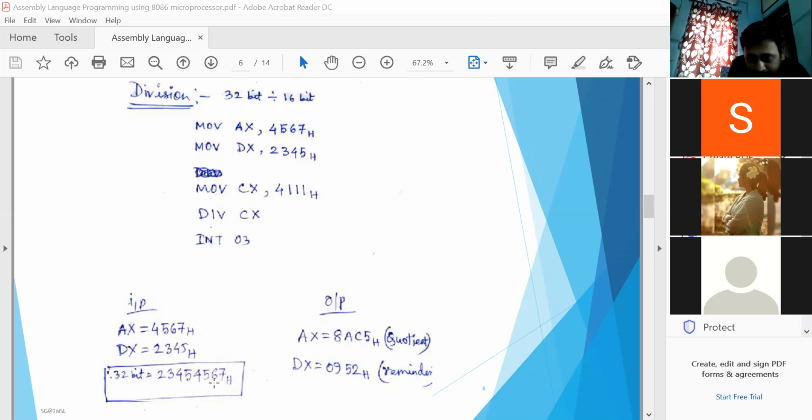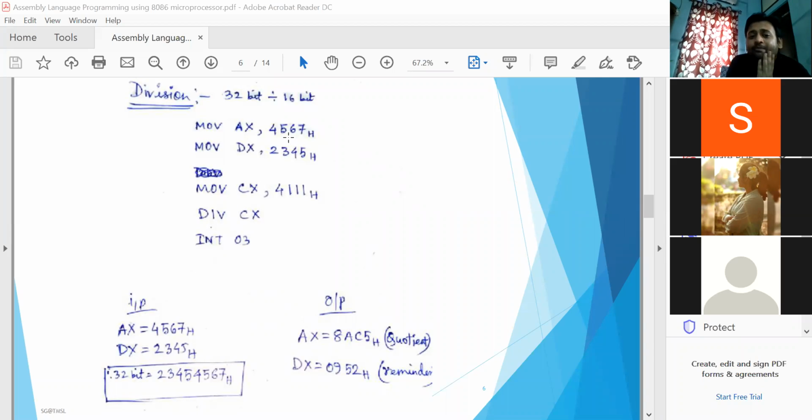Here 4, 5, 6, 7 is your lower 16-bit number. That should always be stored in the AX register, and the upper 16-bit number, which is 2, 3, 4, 5 in this case, will be stored into the DX register. So always the upper 16 bits are loaded inside DX and the lower 16 bits inside AX.